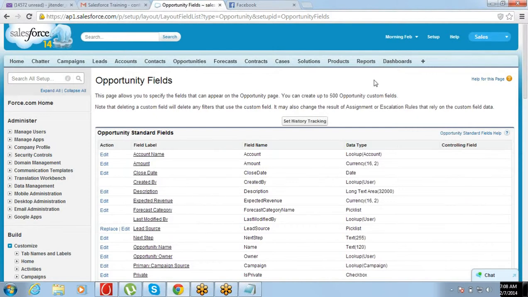Where we can see the output? It's a field, right? So if you go to the records, you will get to see that field value.